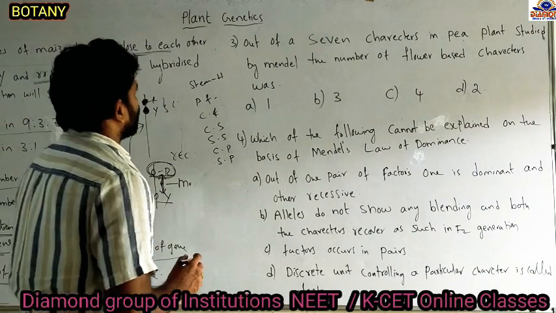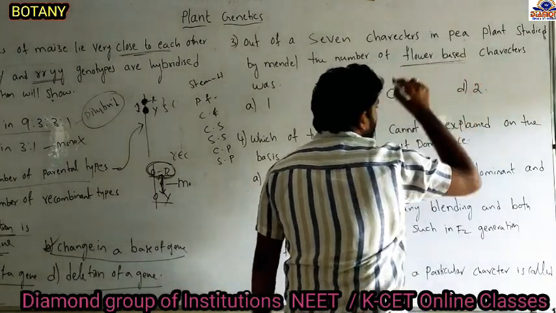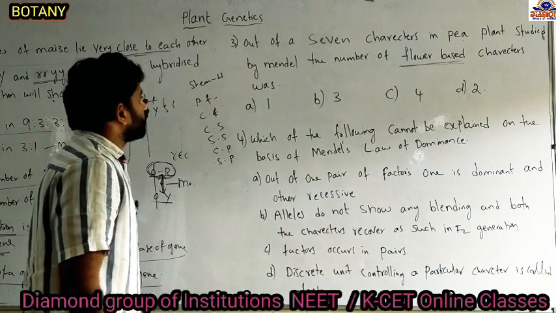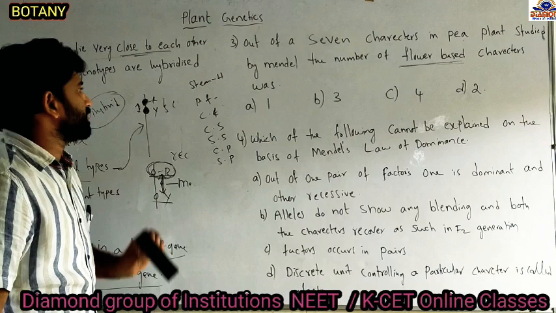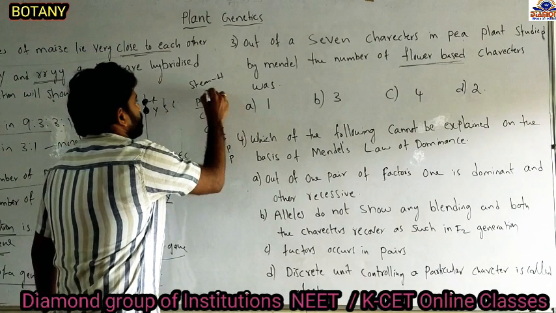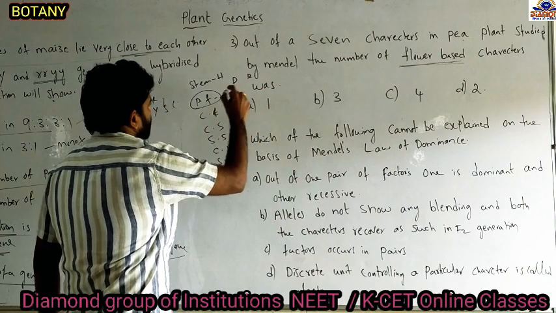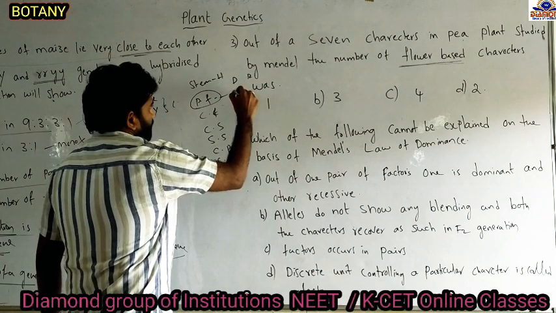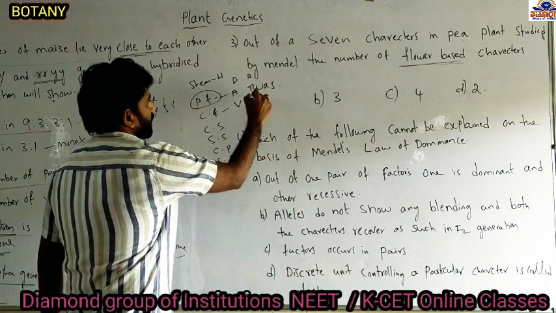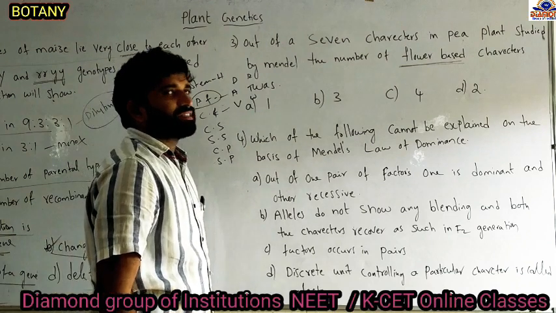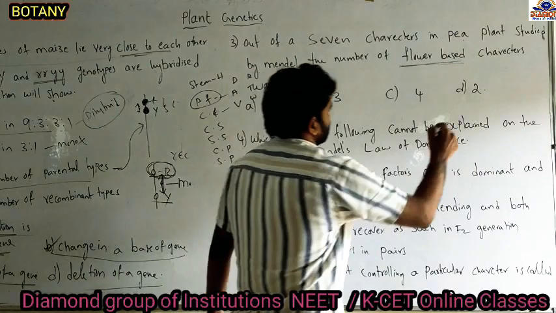Out of the 7 contrasting characters, the question asks how many belong to the flower base. Mendel represented 2 flower based characters. One is the position of the flower, where dominant is axial and recessive is terminal. The other is the color of the flower, violet and white. So 2 contrasting characters are flower characters. So the answer is